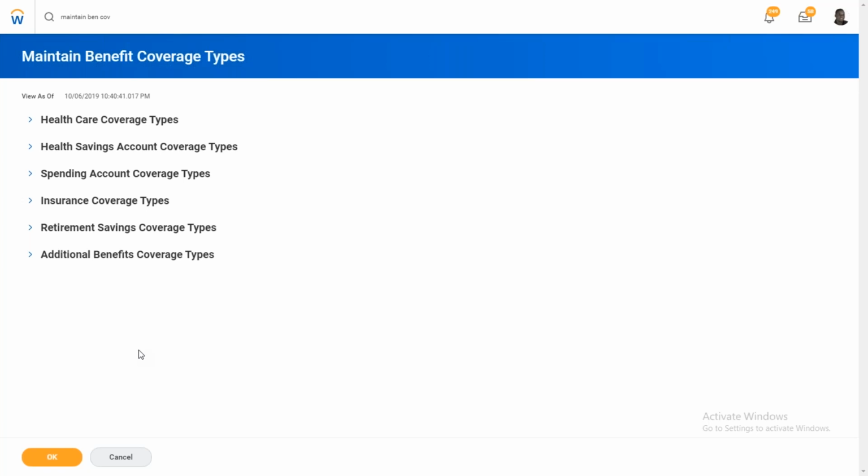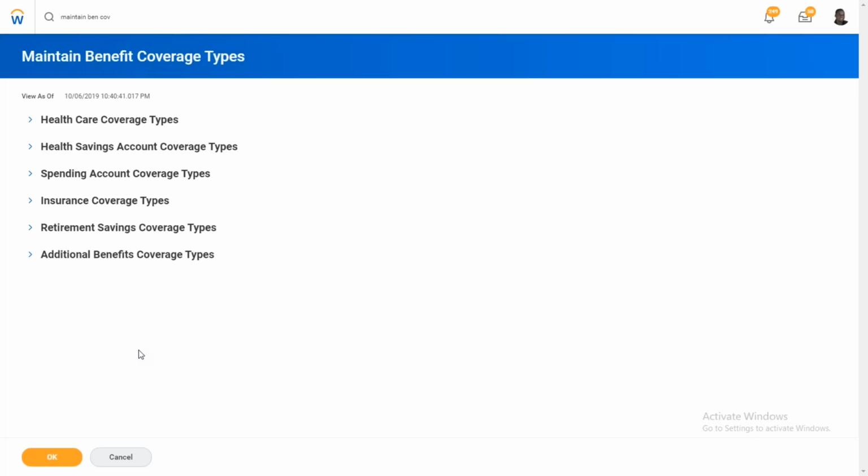So friends, in Workday, just consider this session is just an overview to give some heads up. Don't worry, it's not the actual session. I'm trying to give some heads up on what are the components we have in Workday, what are the types of plans we can configure, what are the coverage types we have, who are all vendors, how to configure vendors, I mean benefit providers, that we'll discuss.